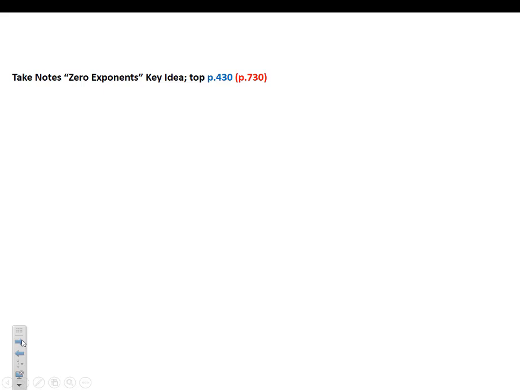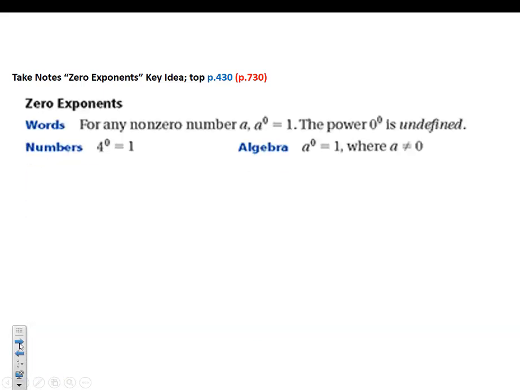First, for zero exponents. So you should have written something like this. For any non-zero number, a raised to the 0 power is equal to 1. So a power with an exponent of 0 is always equal to 1. The numerical example they gave was 4 to the 0 is equal to 1. The algebraic example was a to the 0 is equal to 1. And of course, a cannot be 0. So any non-zero number, any non-zero variable,